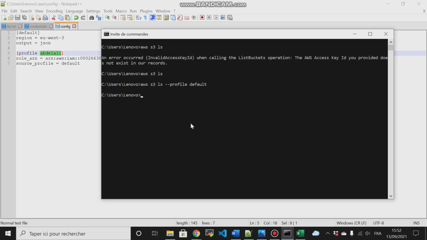So I will go down here, then I will type aws s3 ls --profile Abdul Ali. Then I will type like this. Then as you can see, the production bucket appears here. So now if I want to list the objects that are inside this bucket, I have to type aws s3 ls,